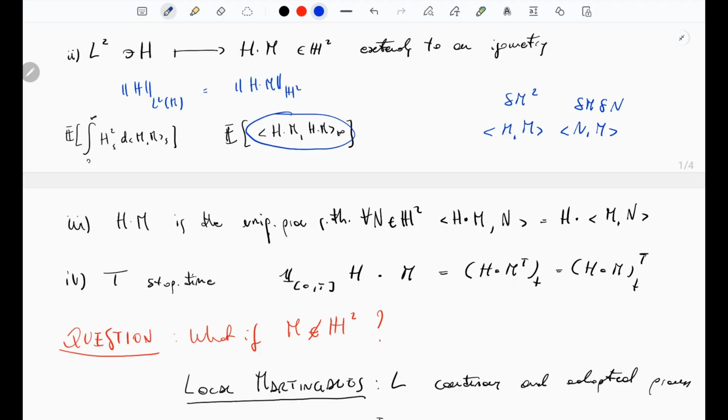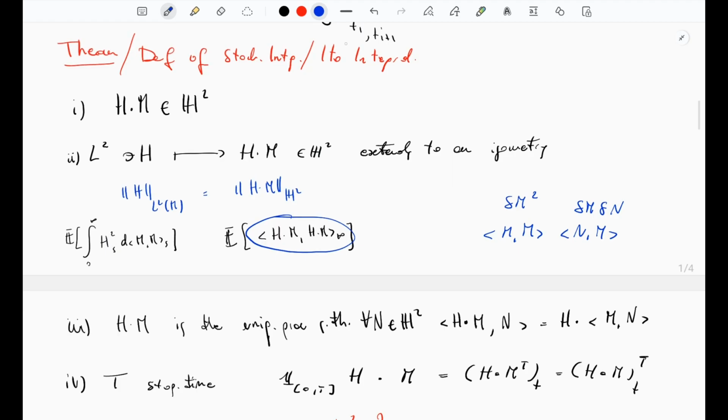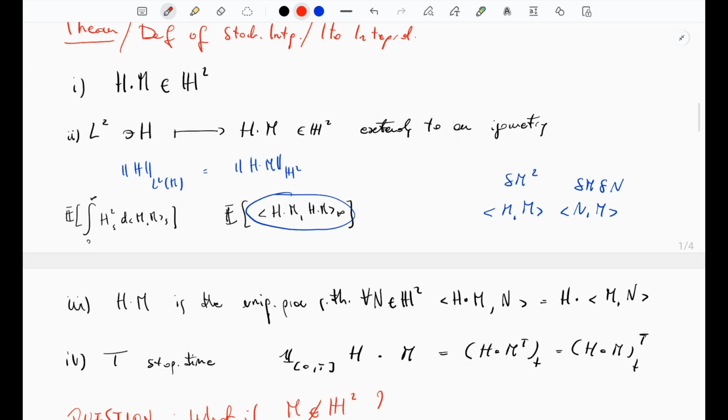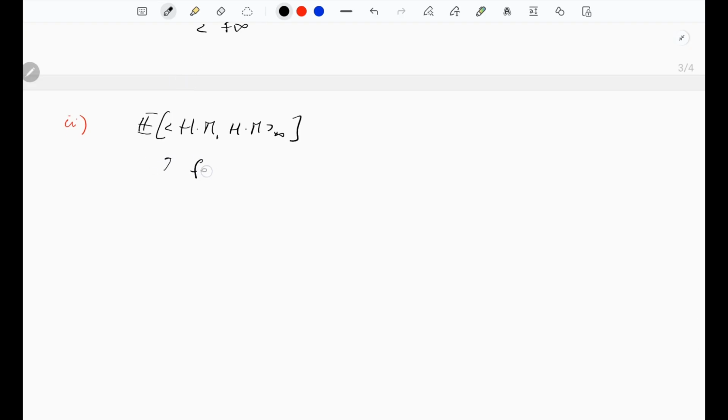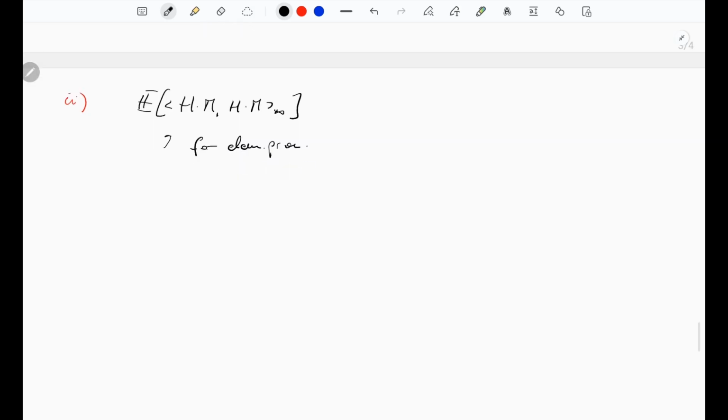Basically, once again, you use the definition of a stochastic integral for elementary processes, and eventually what you need to prove is, let me write it down, I'll just write down the highlights. The idea is you write it down for elementary processes, and what you need to prove is